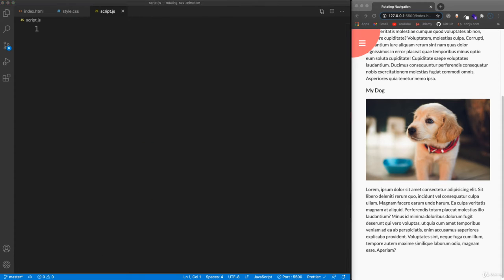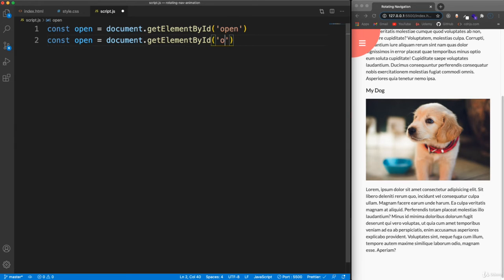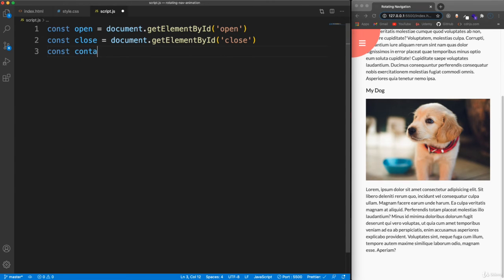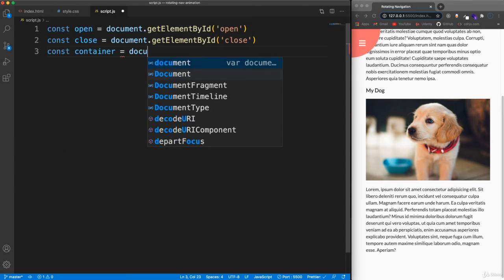Now we want to have the functionality where we click this, then it adds that class, which is going to be pretty easy. So let's jump into our script here, and let's create a variable called open, and we'll use document.getElementById. We have an ID of open. We also have an ID of close. So close, and then we also want to grab the container. So const container